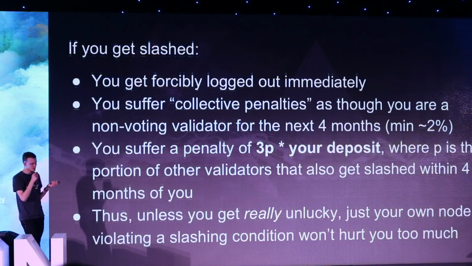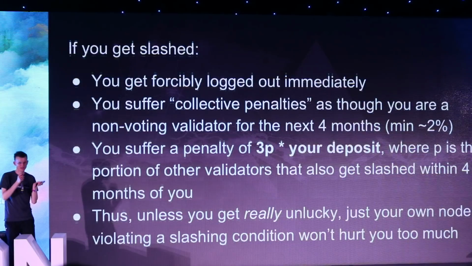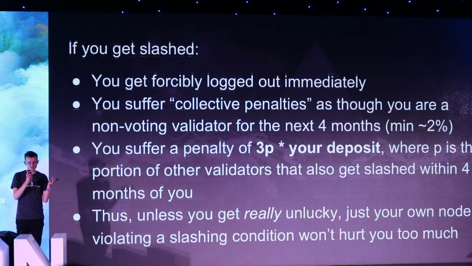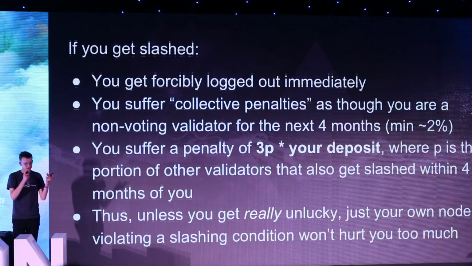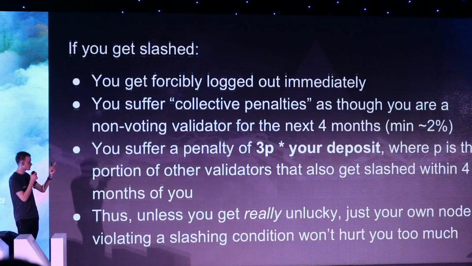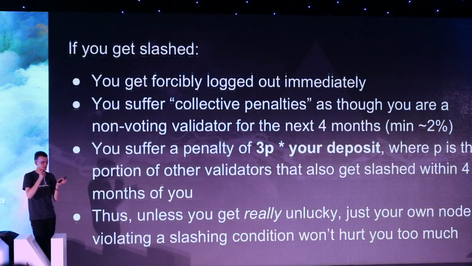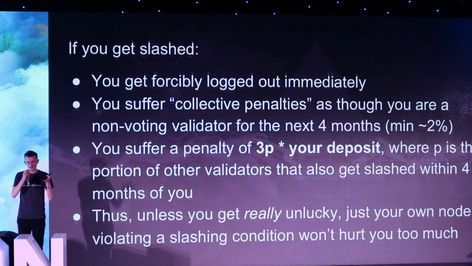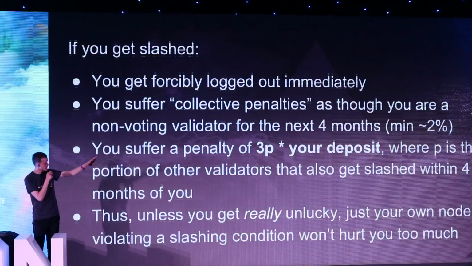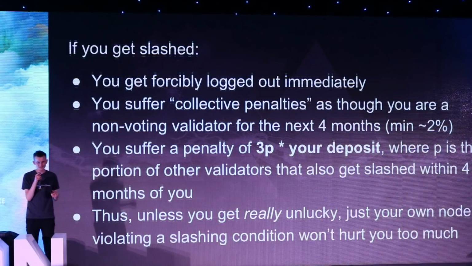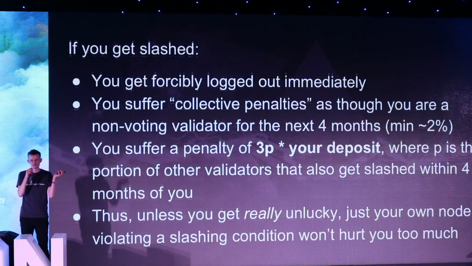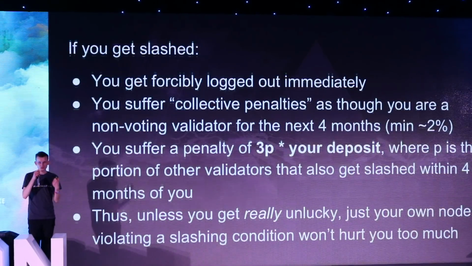So, if 10 million Ether is deposited, then this will be a minimum of about 2% of your Ether. But this is variable, and if you get slashed and then suddenly a whole bunch of people go offline and the leak starts, then your deposit gets leaked too, right? And then the second is, you suffer a penalty of 3p times your deposit, where p is the portion of other validators that get slashed within 4 months of you. So if you get slashed, and around the same time, 1% of other validators get slashed, you lose 2% plus 3%. If you get slashed at the same time as 10% of other validators get slashed, then you lose 2% plus